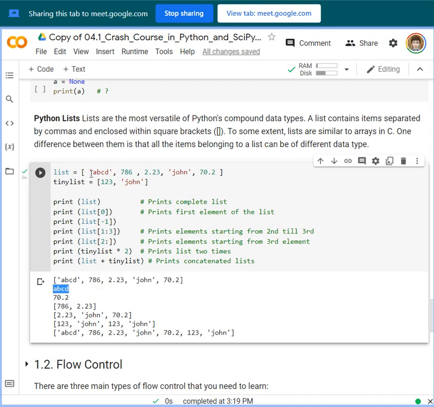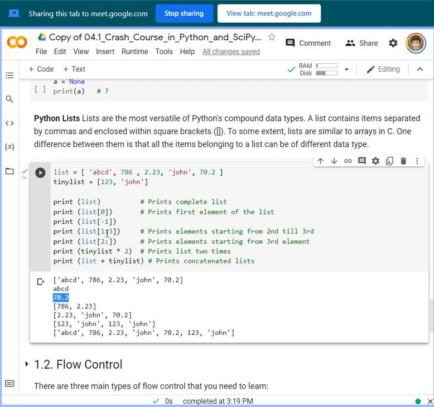So in the zeroth place, pinakauna niya nga place sa array, that is 0. And then -1, this is 70.2, that refers to the last value in your list.